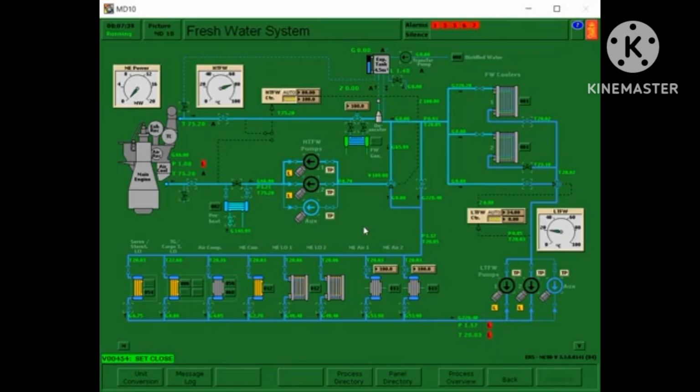So as you can see, there is a red sign, so we need to change it over. We need to turn on the first and close the third.